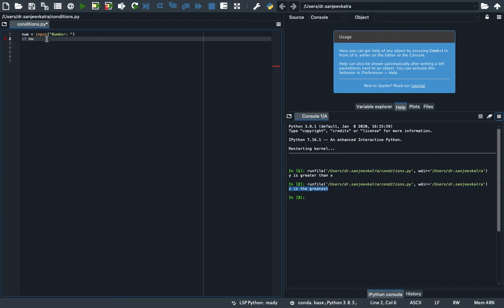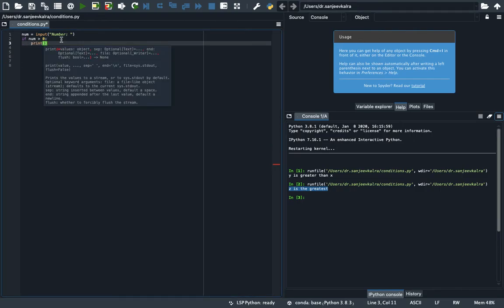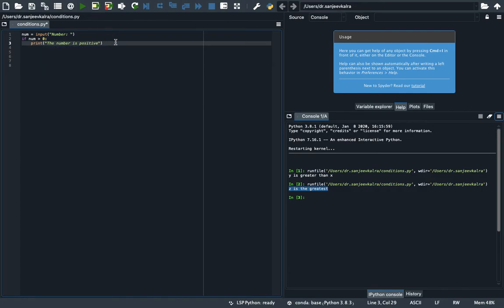If num is greater than 0, so if the user's input is greater than 0, so what should happen? We will print that the number is positive. Obviously, because any number which would be greater than 0 would be positive.